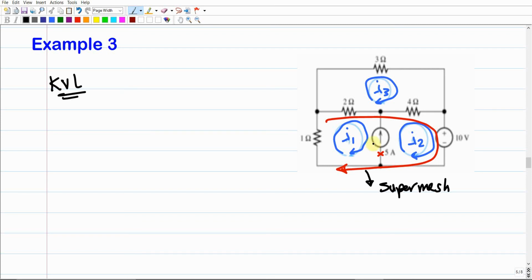But in case we have a branch that includes a current source like this one, we can skip this one and then we can apply. And in this case, we're going to have a special mesh which is known as the super mesh. Make sense? Forget about the name of this mesh, just apply Kirchhoff voltage law to the super mesh